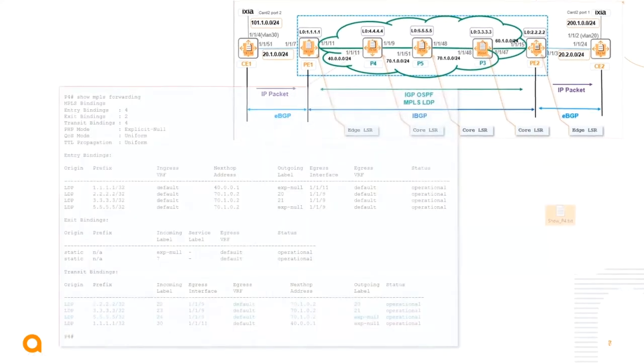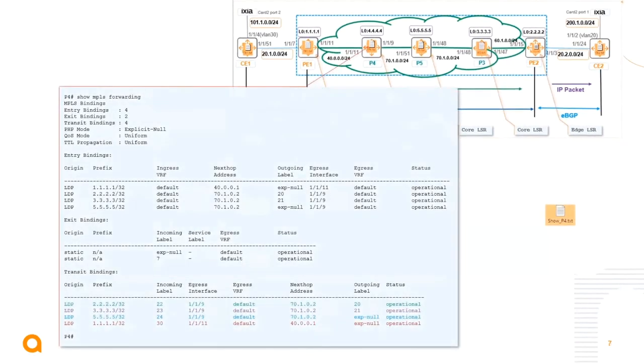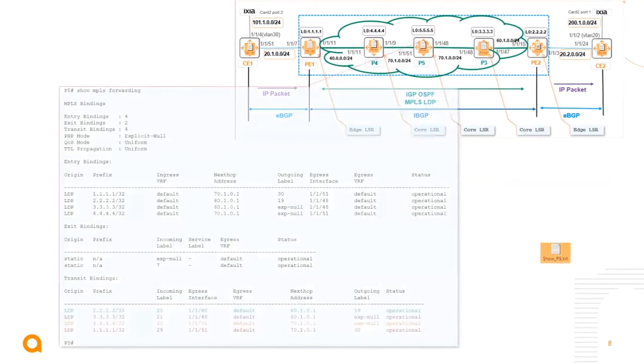So if you go to the next slide and see, to reach 222, now this guy, the P4, has given 22 as the label, and the next stop, the P5, has given the outgoing label as 20, and the next stop address is 7102. That is on this interface. Okay, that is nothing but you have to reach the P5. If you reach the P5,